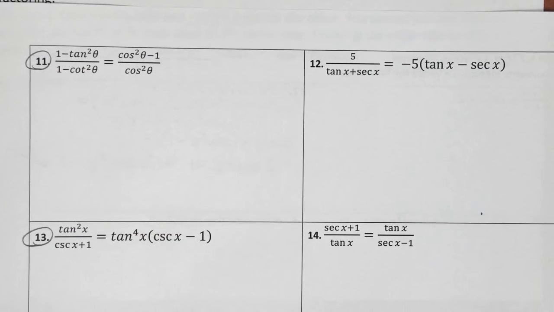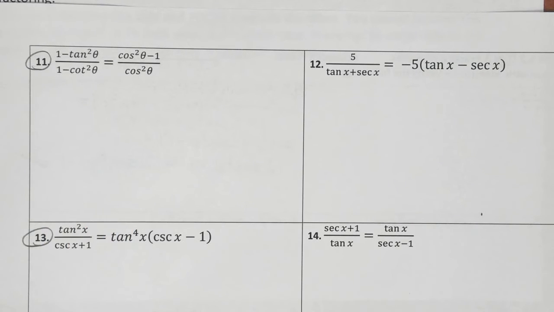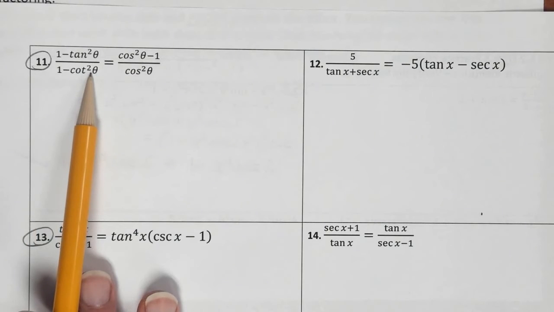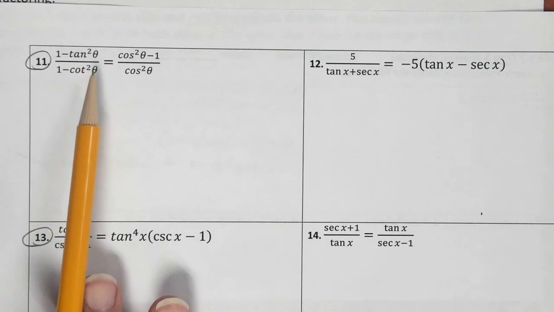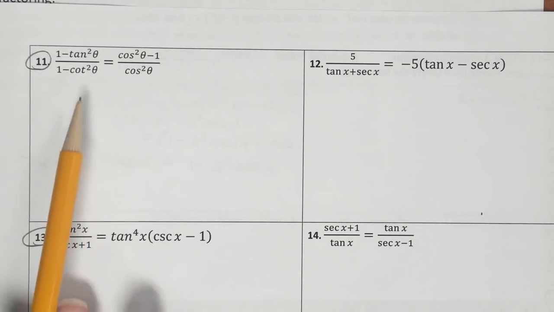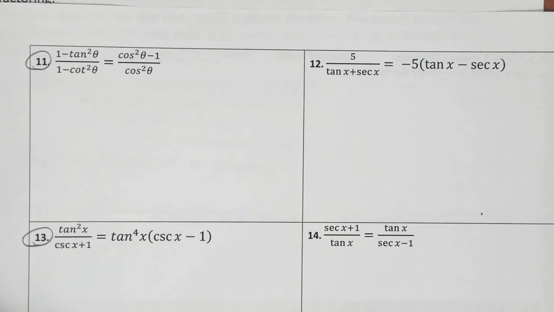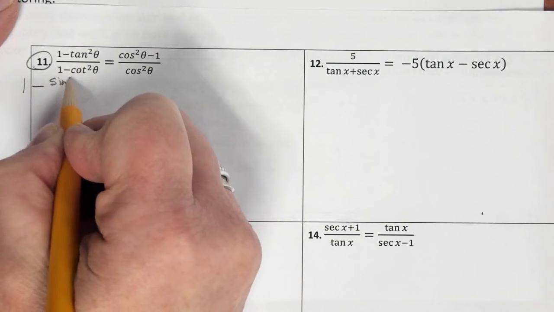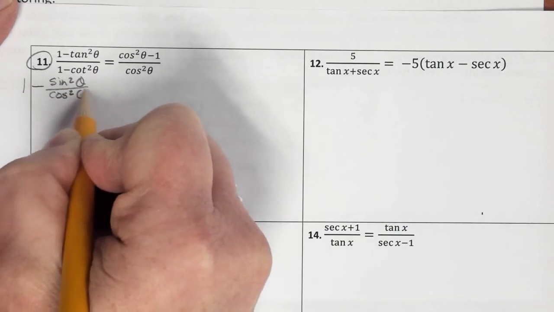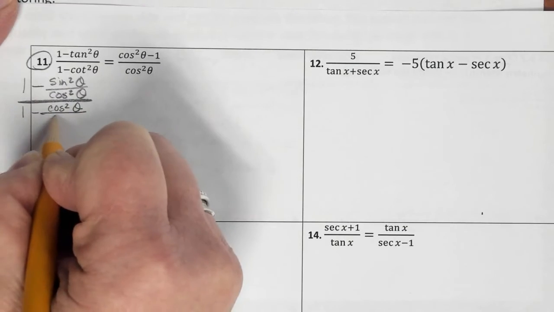The next thing to think about is I know that I need to take it all down to cosine. I need to get down to that basic cosine. So what I'm going to do is change this down to sine and cosine. I'm going to change each of those. The tangent squared, I'm going to make sine squared over cosine squared. And then we're going to have to get a common denominator in the numerator and a common denominator in the denominator. We worked one like this in day 2. Ready? Here we go. 1 minus sine squared over cosine squared all over 1 minus cosine squared over sine squared